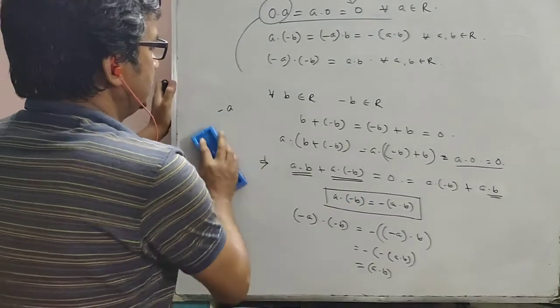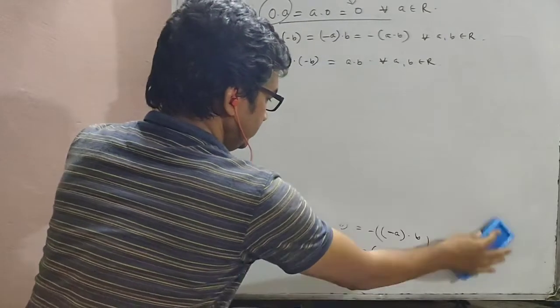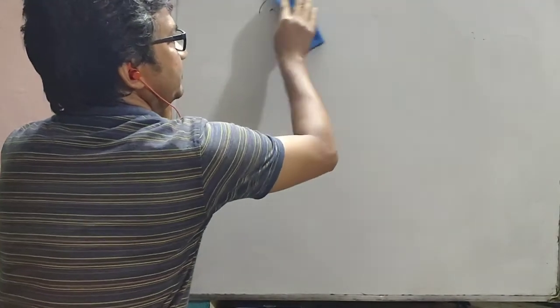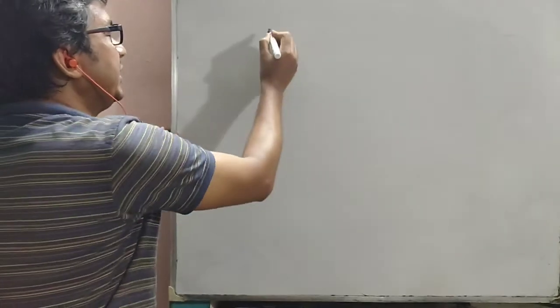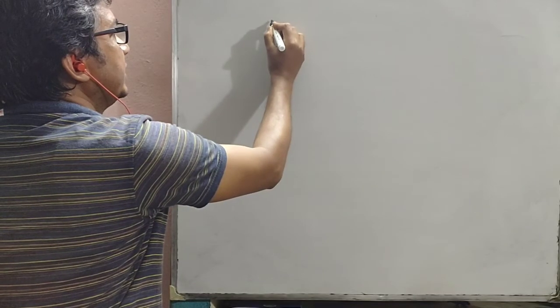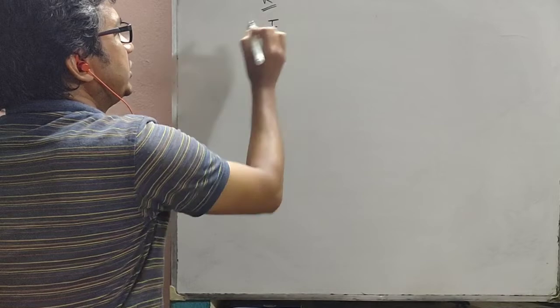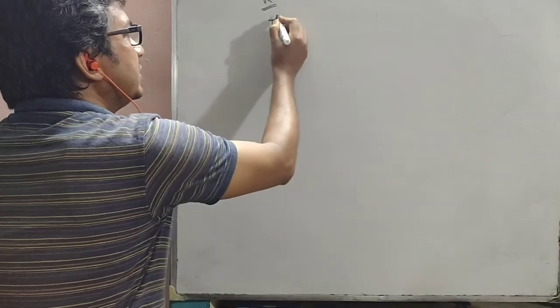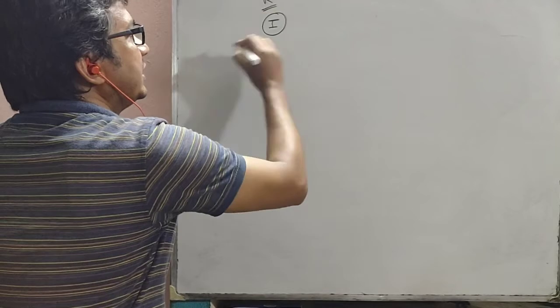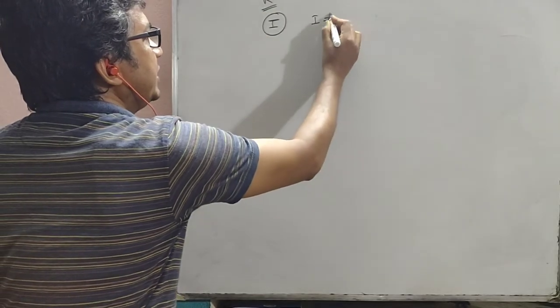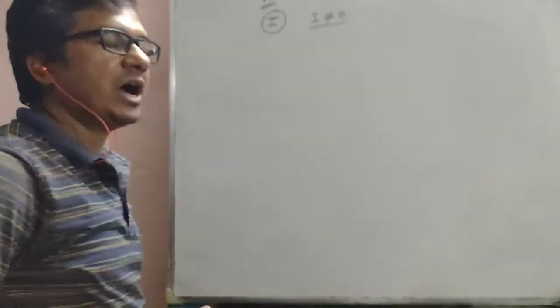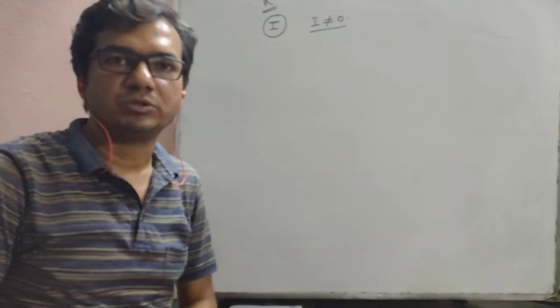Now, in a ring R with unity I, I must be not equal to 0. I must not be equal to 0,